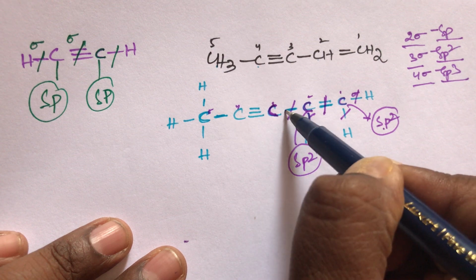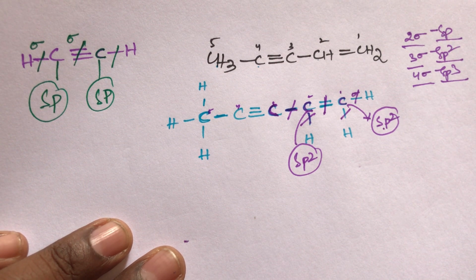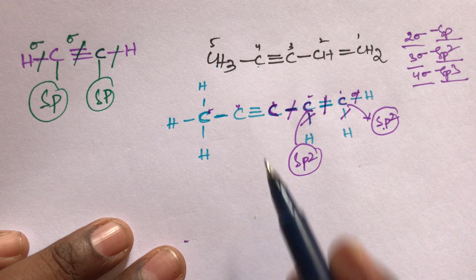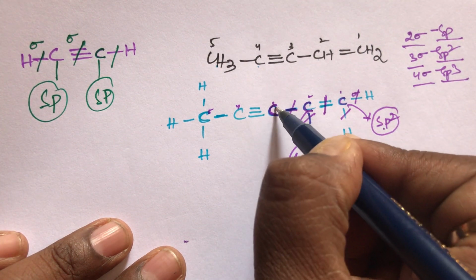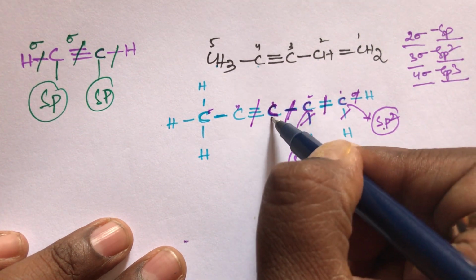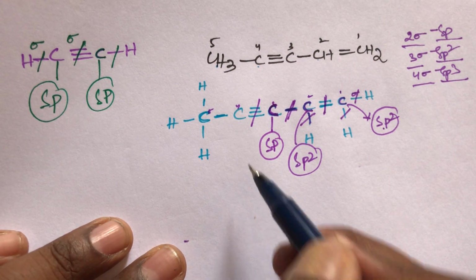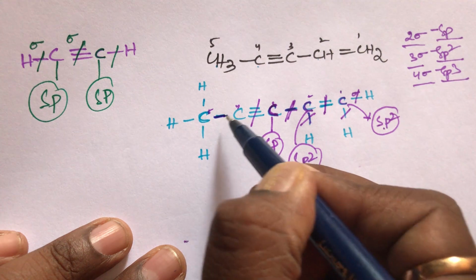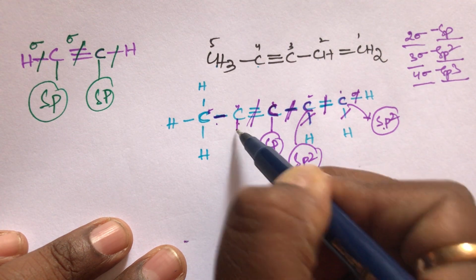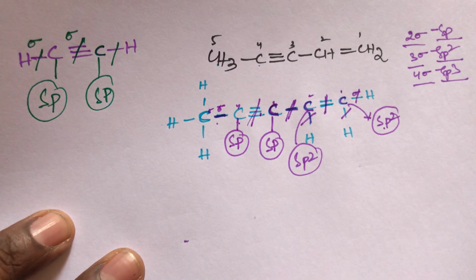This carbon surrounding, one single bond is there, on the left hand side a triple bond is there. What I said, student: a single bond also has only one sigma, a double bond also has only one sigma, a triple bond also has only one sigma. So this triple bond also has only one sigma. So this carbon surrounding only 2 sigma bonds, right hand side one sigma, left hand side one sigma. So these 2 sigma bonds are there, so it undergoes sp hybridization. And what about this carbon, student? This carbon surrounding also one single bond is there, one triple bond is there. It also undergoes sp hybridization. Why? Because here also one sigma, here also one sigma. So this is also sp hybridization.